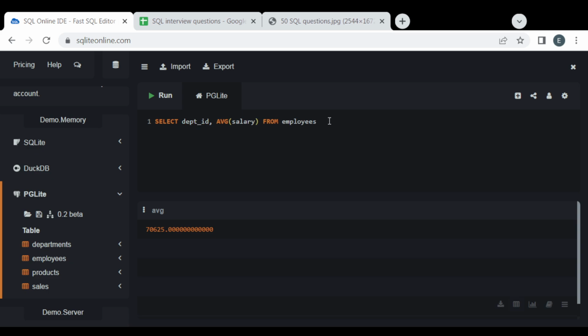So we are selecting the department ID and average open the bracket salary. So we need to group by. What is the column we want to group based on? The department ID, right? So department ID, and we want to